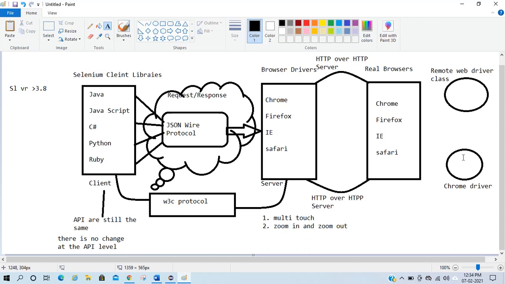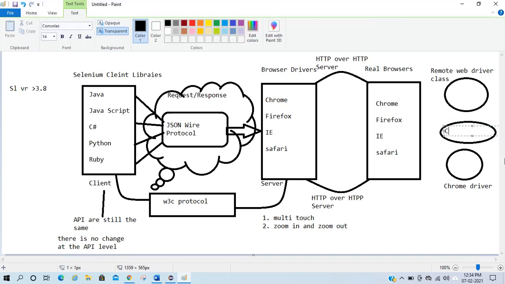But now we have a Chromium driver in between.